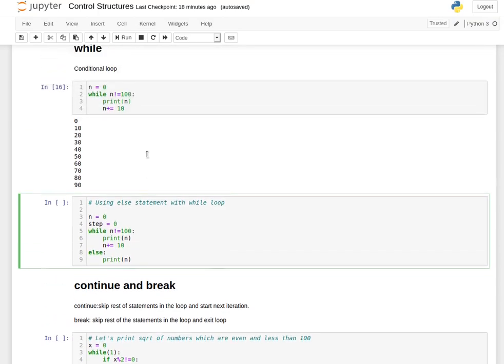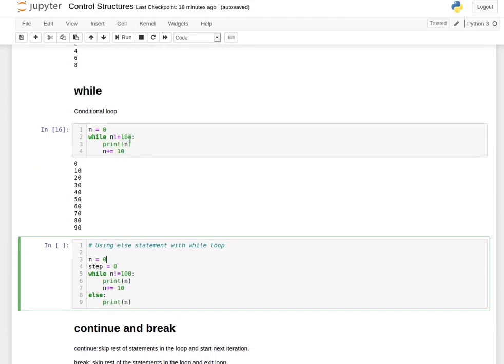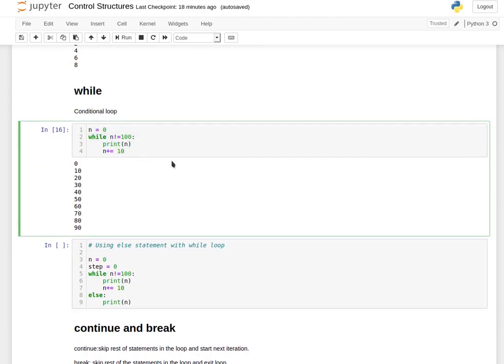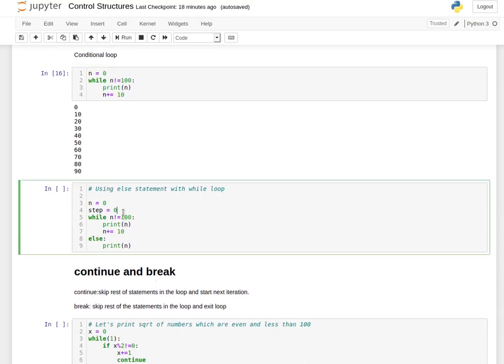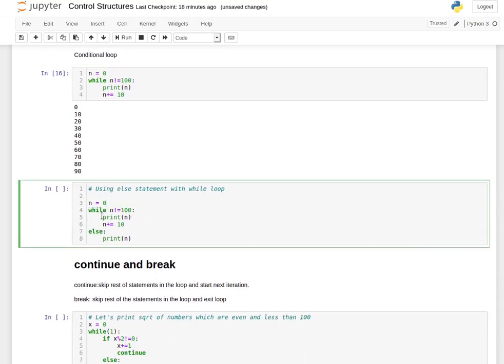So here I've created this similar demonstration as above, stepping by 10 ahead. Now I created the same while loop and just specified else print.